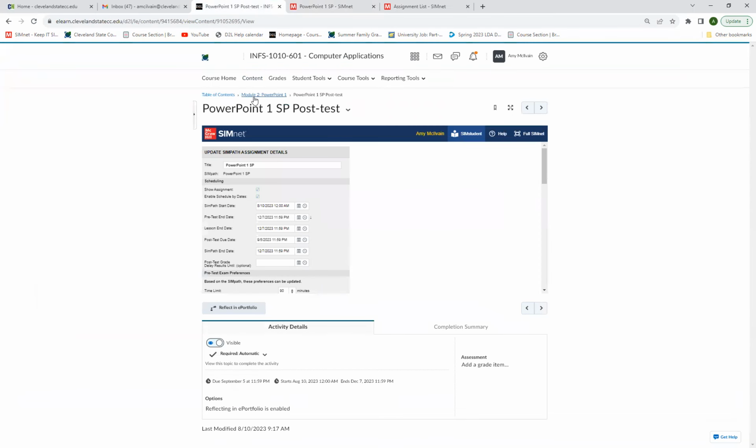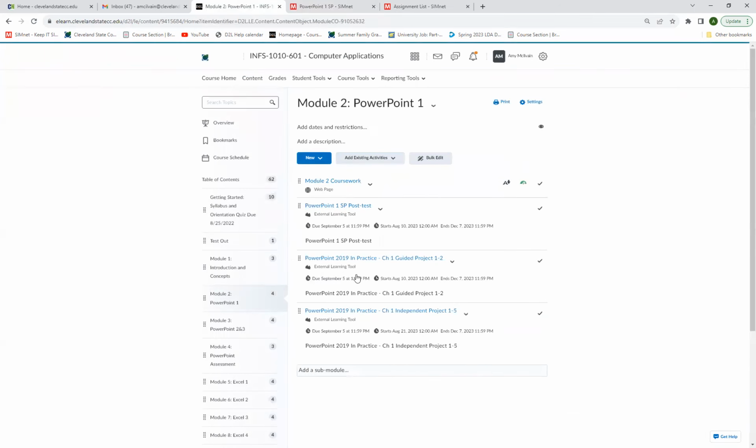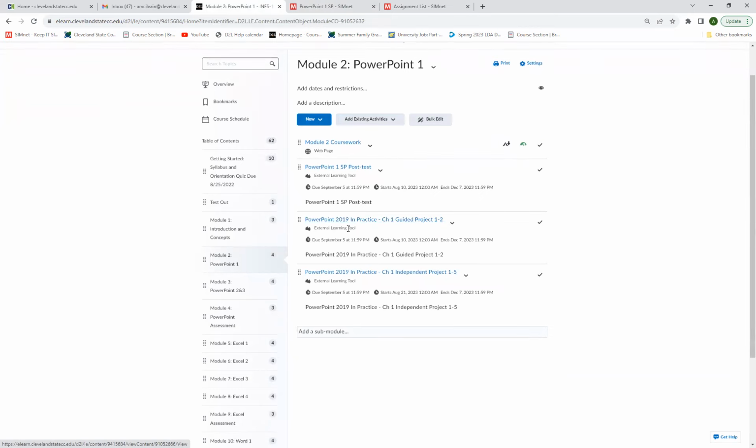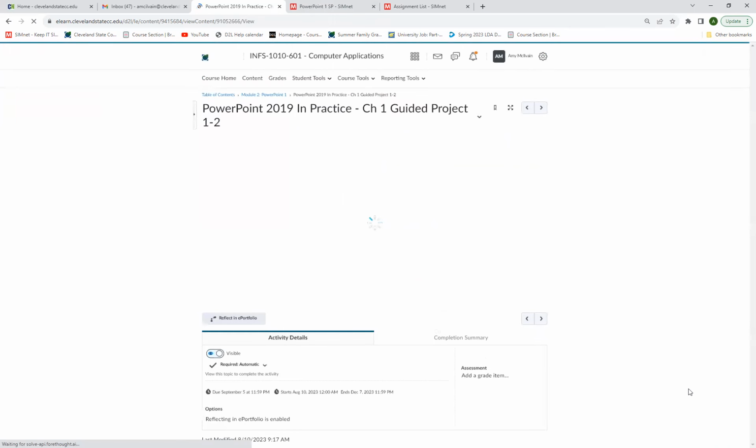I'm going to go back over to CougarNet. And let's see, let me click on module 2. So the next thing, once you complete your SimPath, then you're going to go to the next assignment, and it is a guided or independent practice is what you'll have. Again, you'll click on this link,